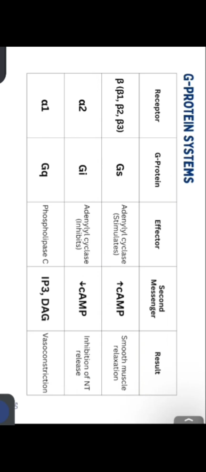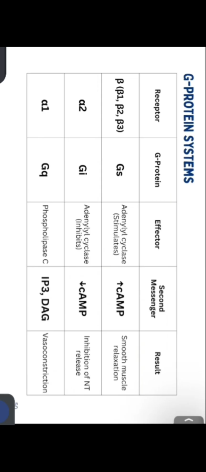So here we have the G protein systems. We have receptors beta 1, alpha 2, and alpha 1. The G protein for beta 1 is Gs, alpha 2 is Gi, and alpha 1 is Gq. And its effector for beta 1 is adenyl cyclase, for alpha 2 adenyl cyclase, which causes inhibition, and alpha 1 phospholipase